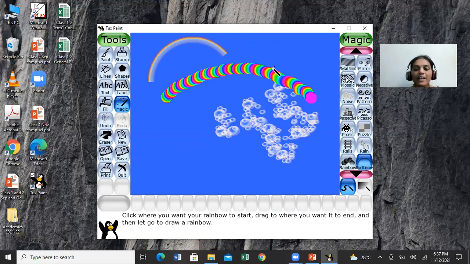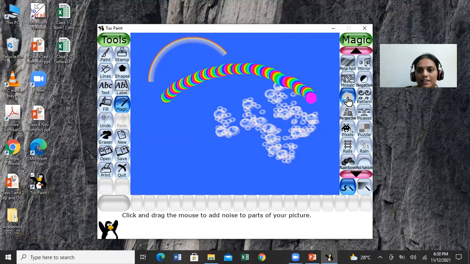The same way, in TuxPaint also you have a noise effect which is present in the magic wand tool. So we'll click on the magic wand tool and move to the noise effect. When you click the noise tool and move the cursor to the drawing area, it automatically changes into the magic wand tool.